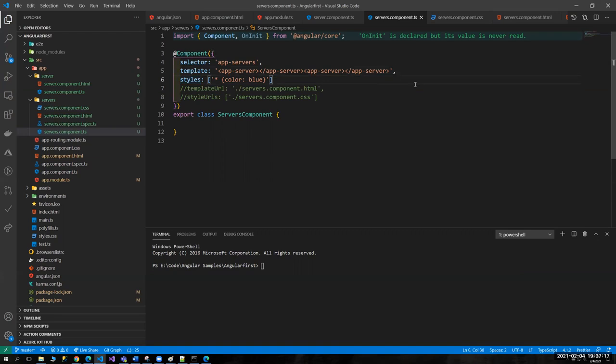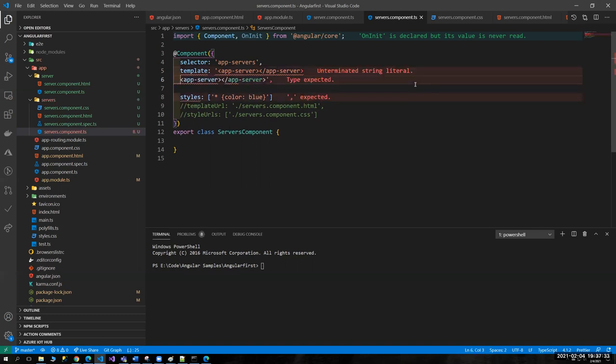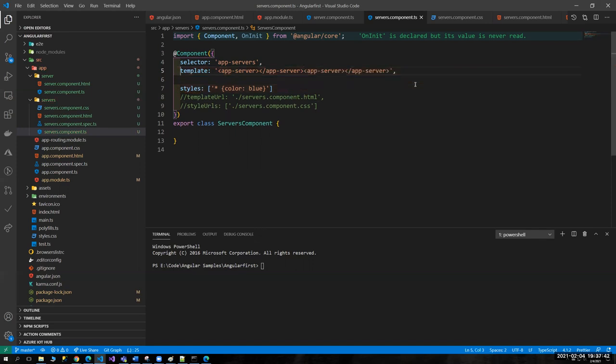The main thing when I'm using template instead of a template URL is, what if I have multiple lines? In a single line, I cannot fit an entire HTML page. If I have multiple lines, how would I do that? If I do it this way, it's complaining. It says terminated string literal, and it's giving me a few other errors. So in order to do that, I would put a